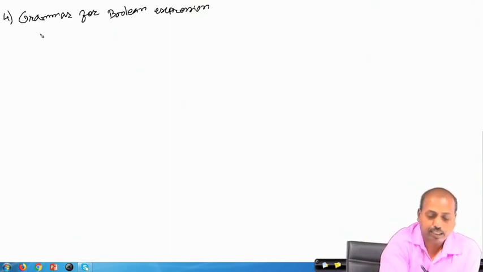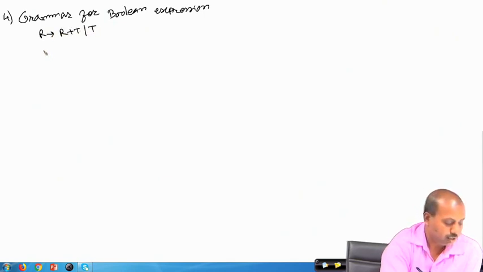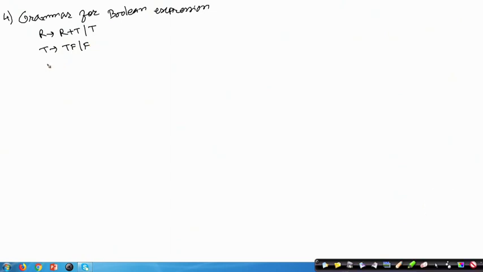So, the grammar given is like this: R producing R plus T or T, now T producing T F or F, then F producing F star P or P, P producing within bracket R or A or B. This is some sort of Boolean expression.